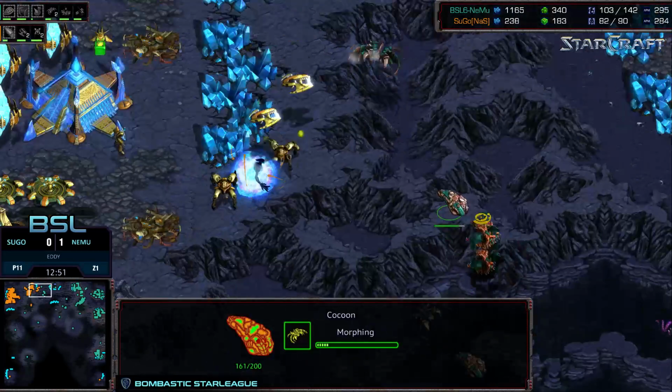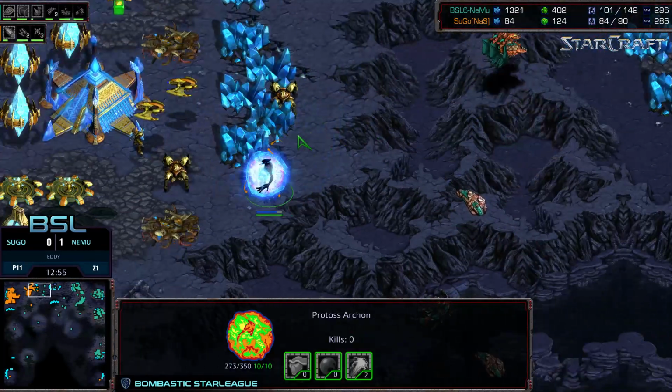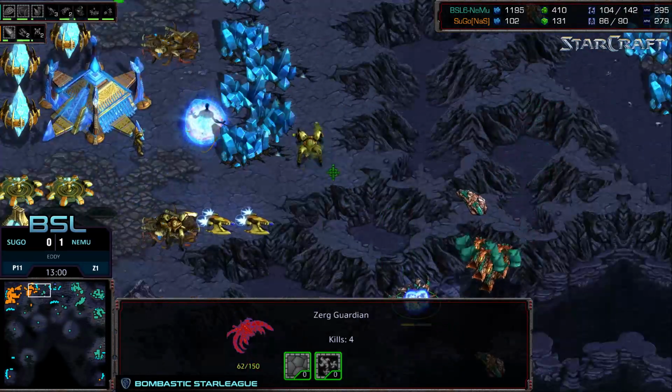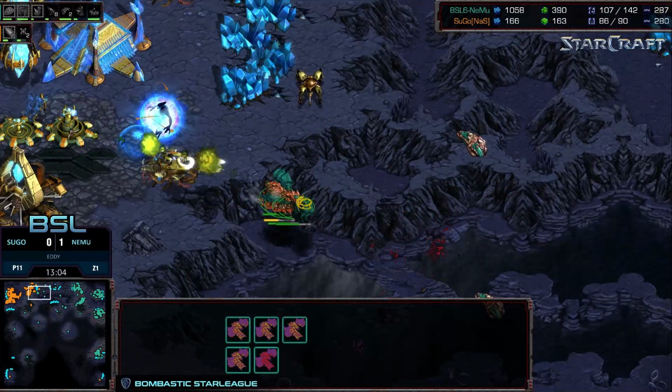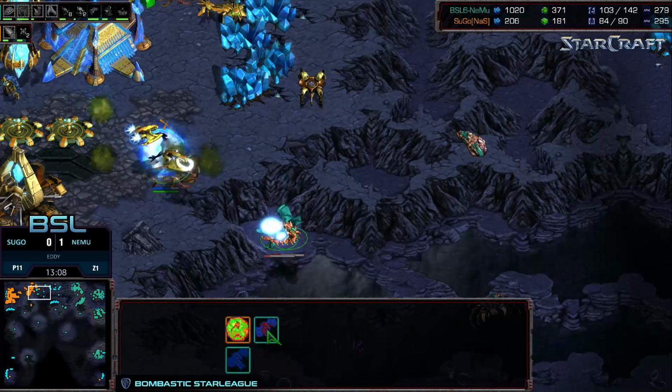Yeah, and this is really frustrating for SuGo, because he's not able to mine even double gas, and if you're trying to make Corsair, Templar, Dragoon, that's a lot of gas that he does not have access to right now. Yeah, and NeMu's just constantly making Guardians 1 at a time. I like this because it's going to blow storms. If he can ever clear the Sairs...